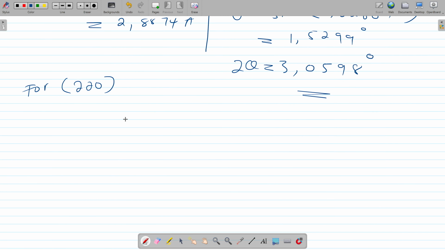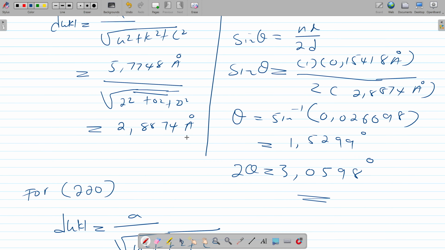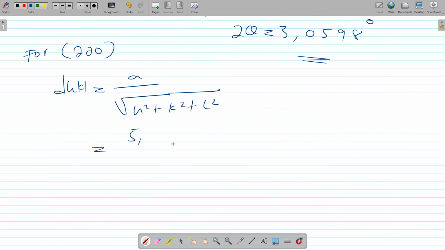220, and from there we can calculate our d-spacing d_HKL, which equals a divided by the square root of h squared plus k squared plus l squared, which is going to be 5.7748 angstrom. We divide that by the square root of 2 squared plus 2 squared plus 0 squared, right? And then from there we are going to divide that 5.7748 by the square root of 2 squared plus 2 squared plus 0 squared, which is going to give us the following: